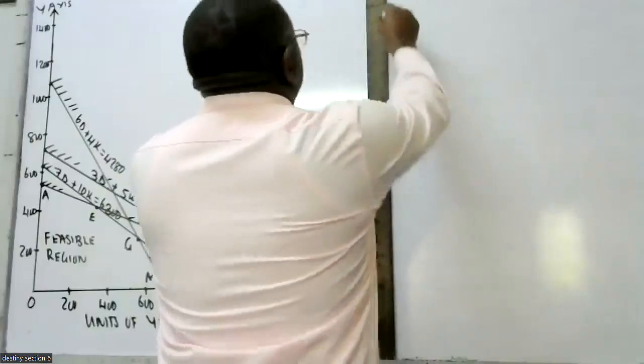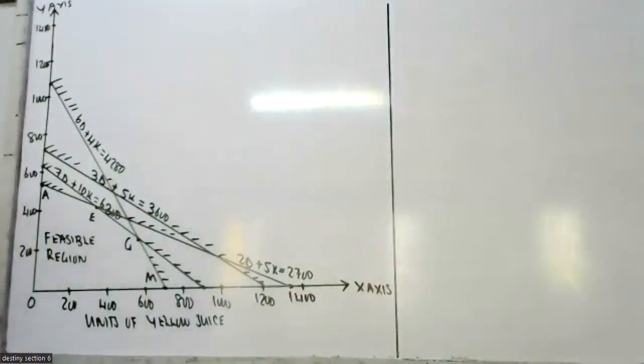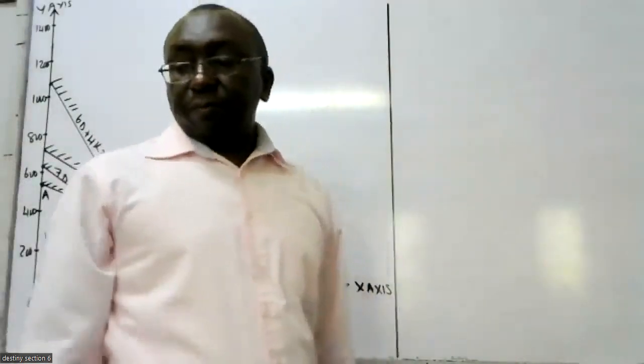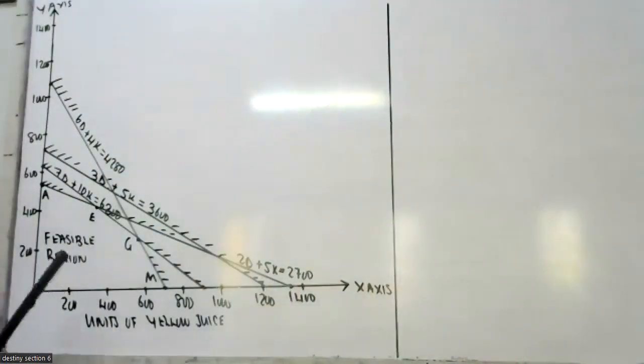and identify what we call the optimal solution. In the optimal solution, you are supposed to judge which corner is farthest. These corners here, this one, this one, this one, and this one. Which one is farthest from the origin? If you are able to judge which one is farthest from the origin,